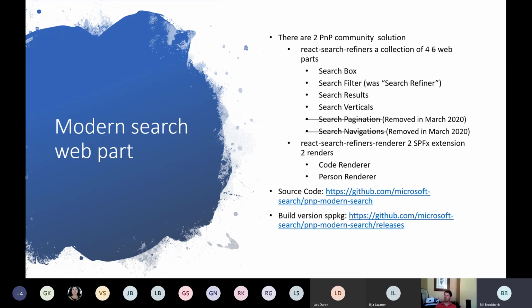The search filter used to be called refiner. They now call it a filter. I'm not sure why the name was changed. It's in the logs, but now it's just treated like a filter. Maybe because it truly isn't a refiner in some ways. It's just a way to pull up your own custom refining values and click on them to get your results to be filtered. And then, of course, there's a search box.